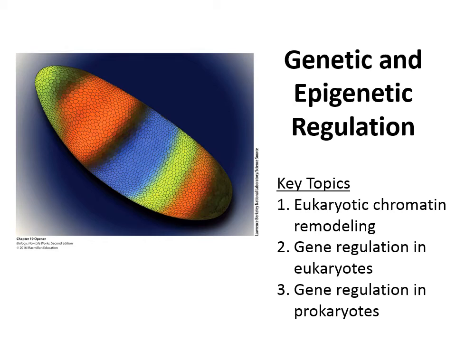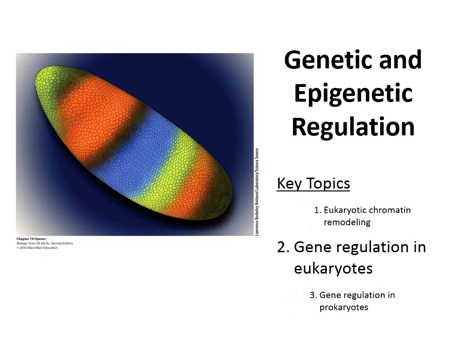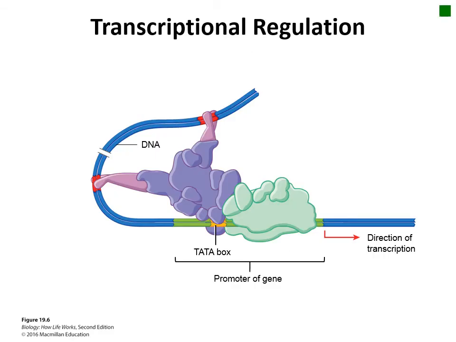This is the second video for the Genetic Regulation Unit. In this video, we will discuss the variety of ways that eukaryotes are able to regulate the expression of their genes. Once the nucleosomes have been removed from the promoter region of a gene, there are multiple levels of regulation that